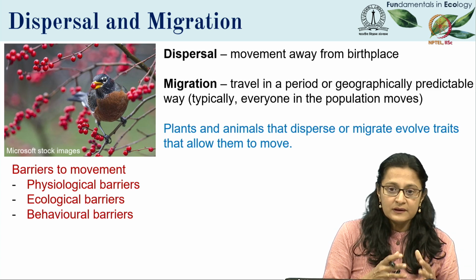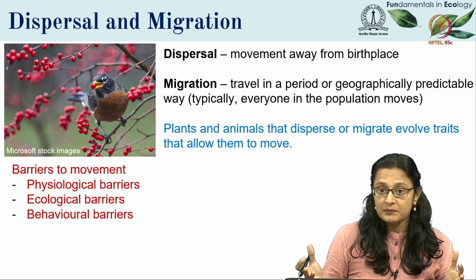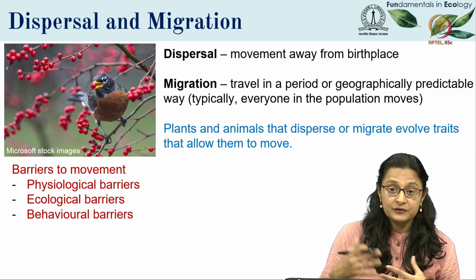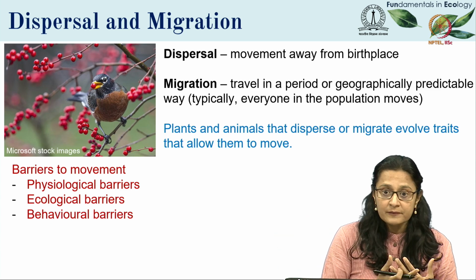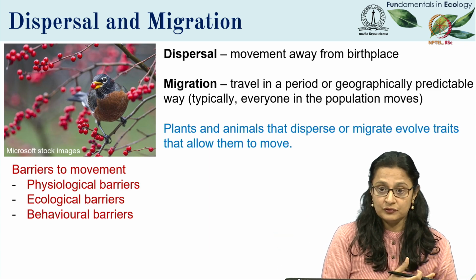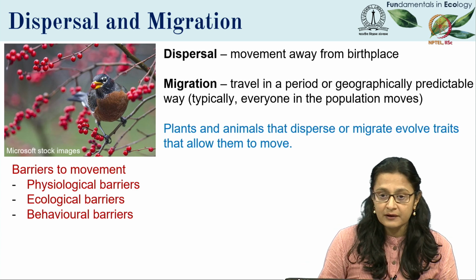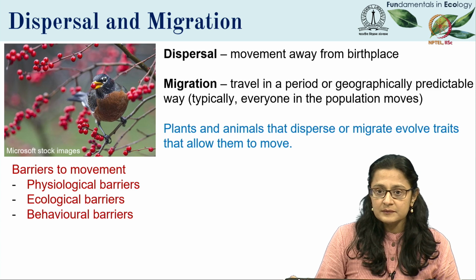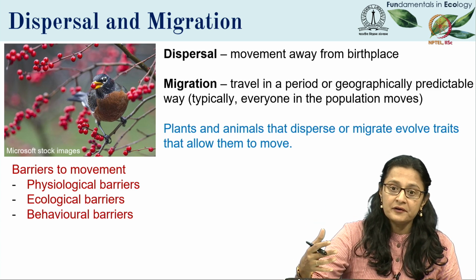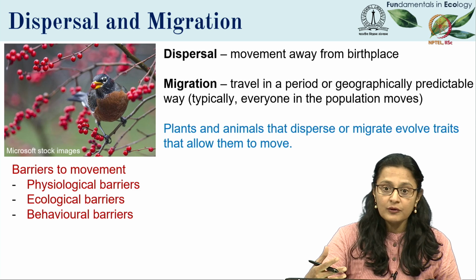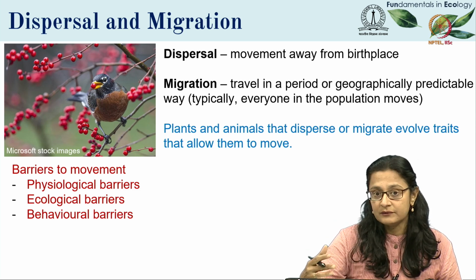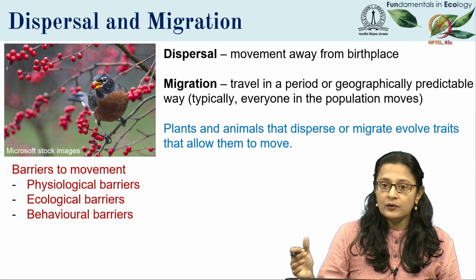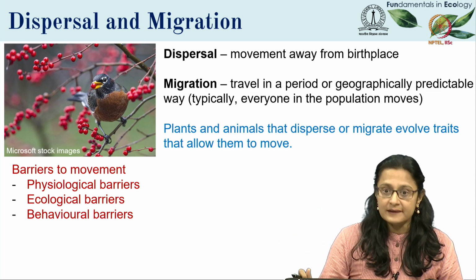Given that it's an organism that's moving through space, of course there are going to be barriers to movement. Some of those barriers could be physiological. So for example, a terrestrial organism cannot swim over long distances during migration. There could be ecological barriers that are geographical, for example. There could be behavioral barriers, right? So organisms may not necessarily cross areas that have competition from new species or high predation. So there are some barriers to this movement, and this influences where an organism ends up and how it gets there.